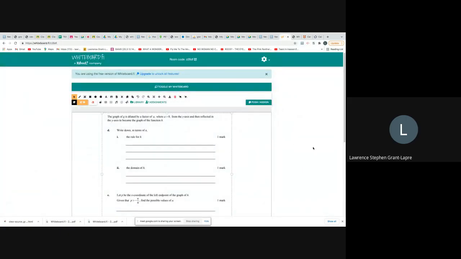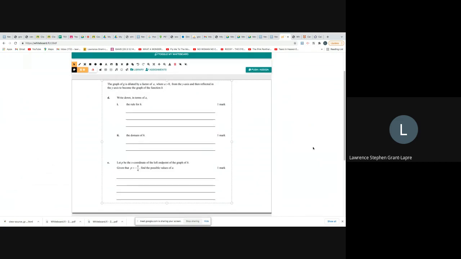I think this is the last question in this paper. Now, the graph of G is dilated by a factor of A. If you dilate by a factor of A, then you take all the X values and you divide it by A if it's from the Y-axis. So we're going to say H of X is going to equal,